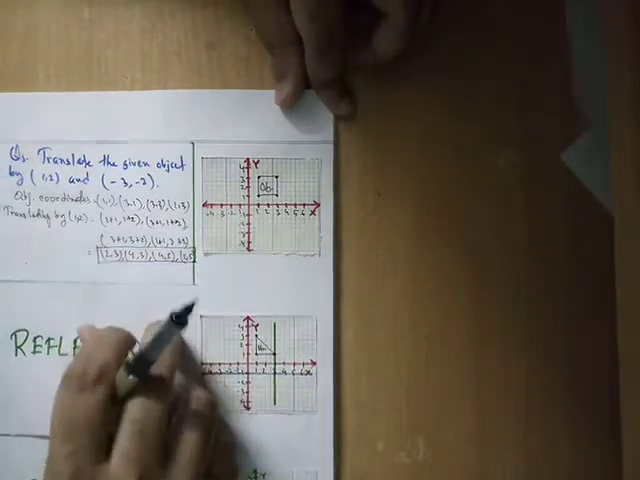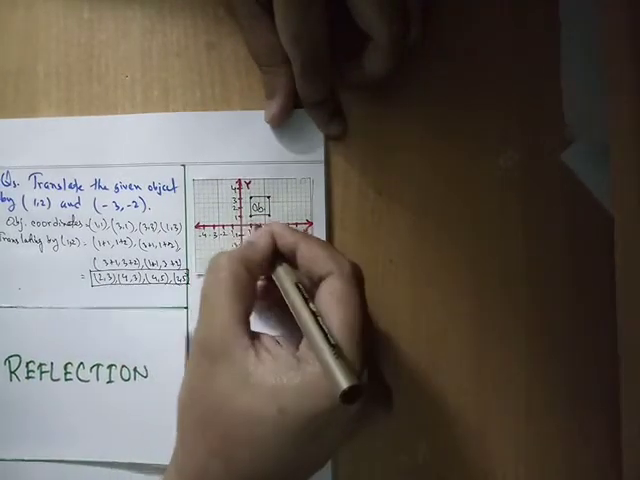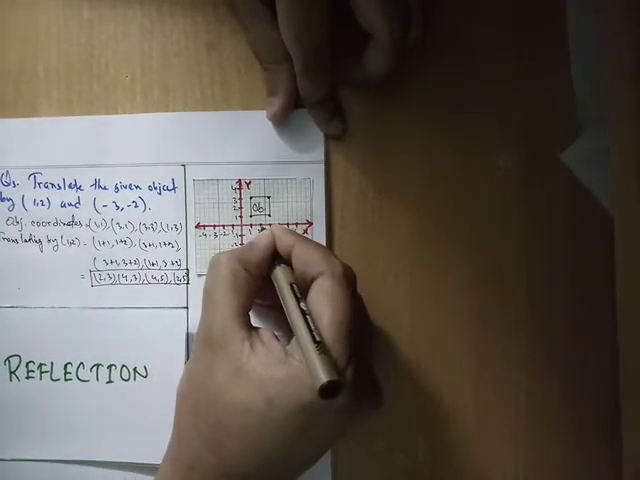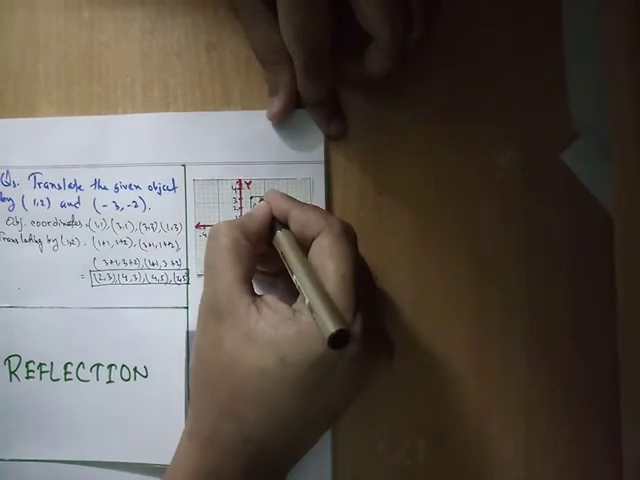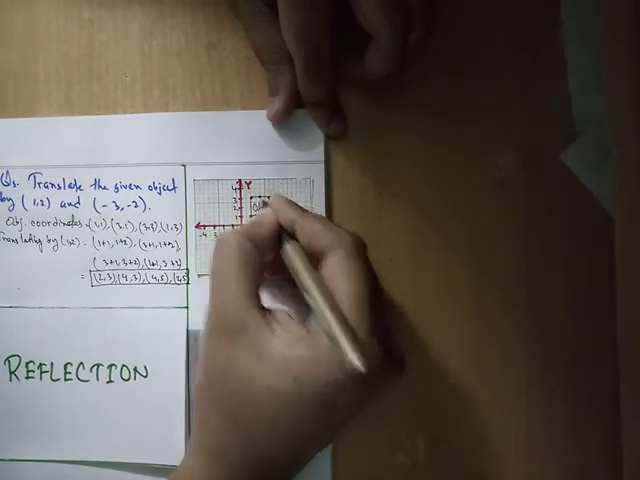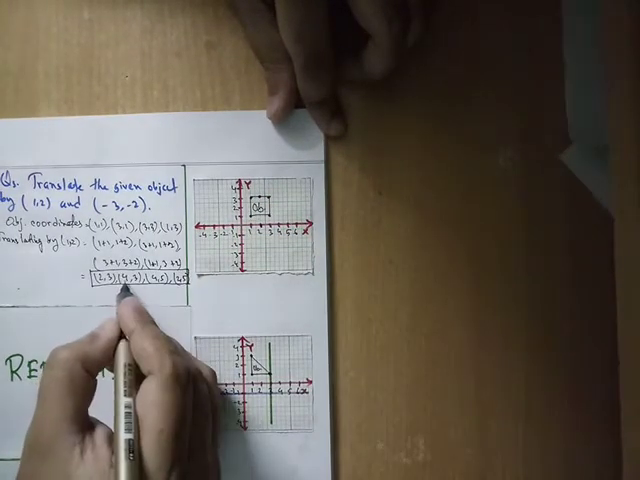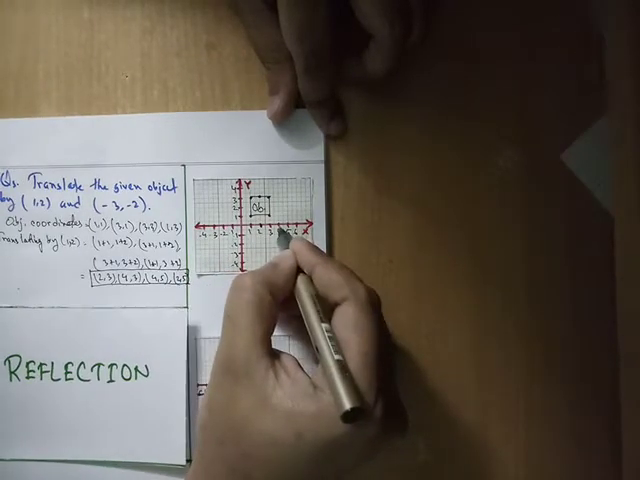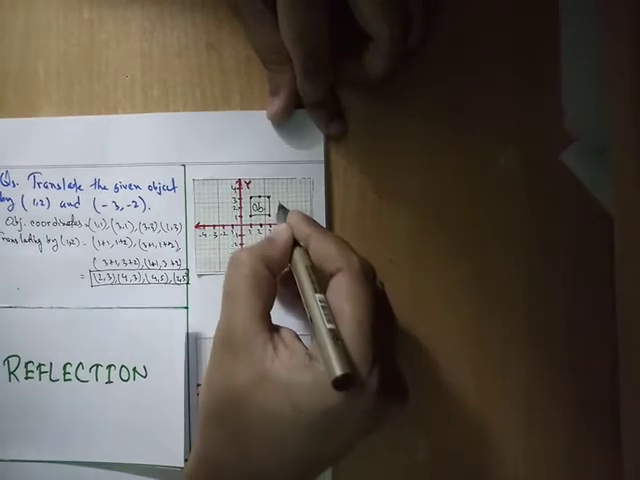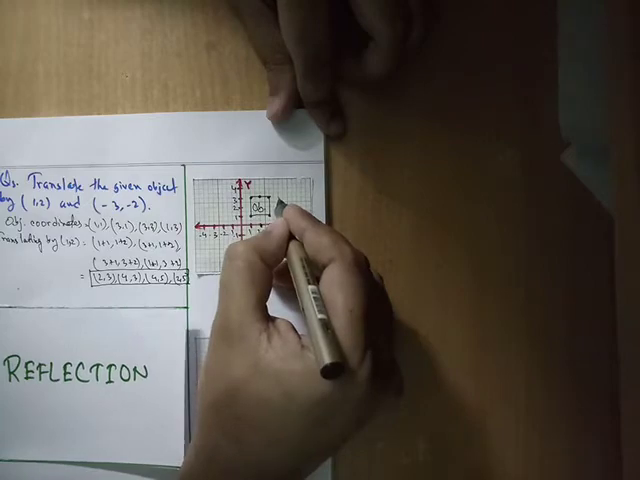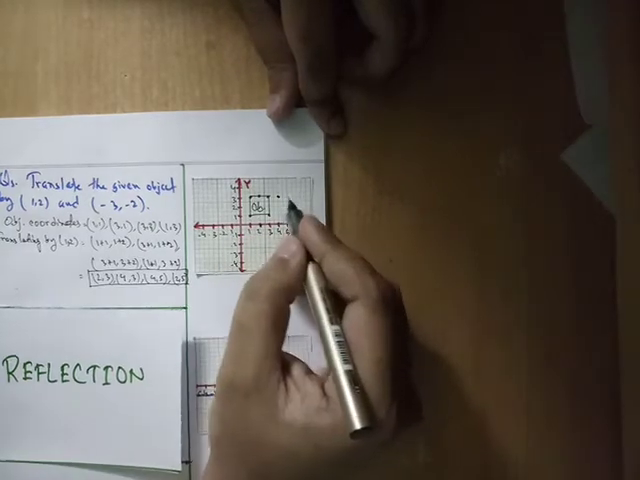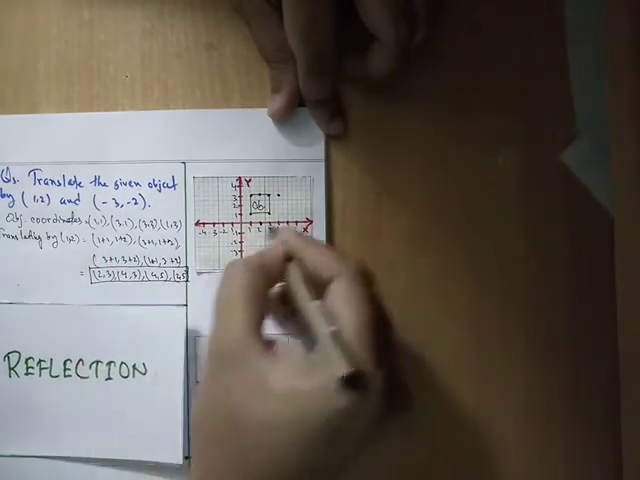So let's just plot it on the graph paper. So 2, 3. This is the first point. 4, 3. If I go to 4 and then go to 3, this is my second point. Then 4, 5. If I go to 4,